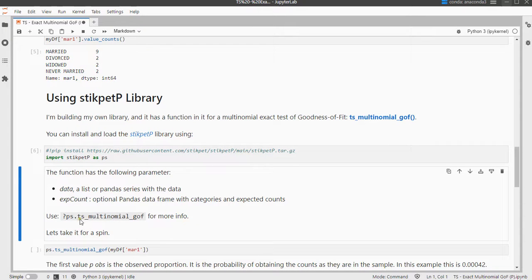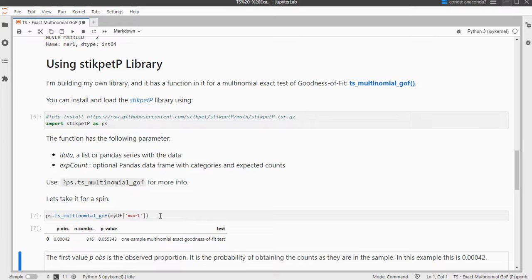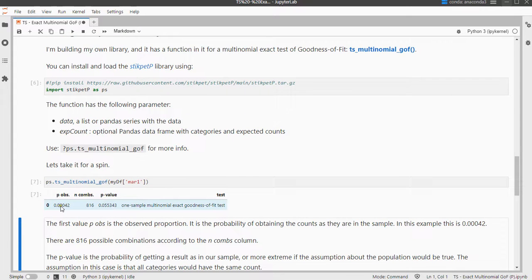The function of interest is ts_multinomial_gof, TS short for test, multinomial, and then GOF for goodness of fit. It takes as input parameter, of course, the data, and if you want, you can also specify what the expected count should be. So let's take it for a spin, and in this case, as you can see, the observed probability is the probability for this specific count. It has done 816 different combinations,